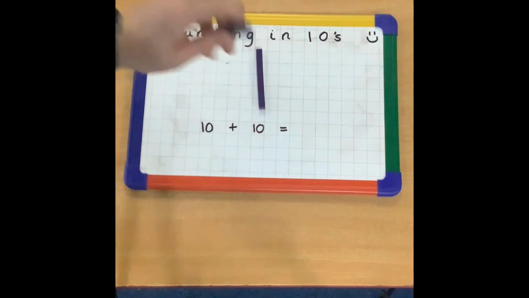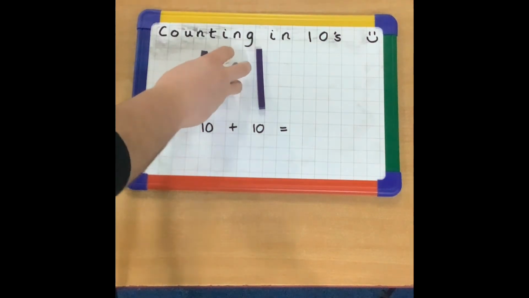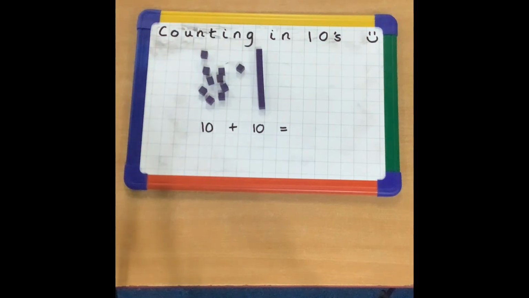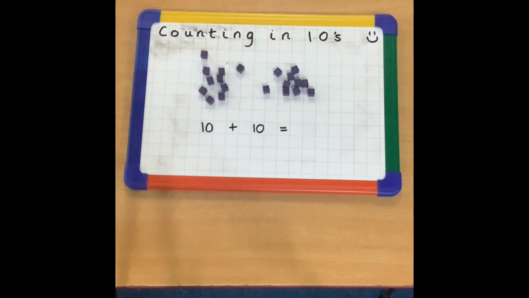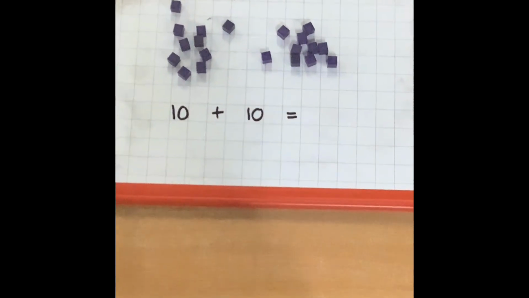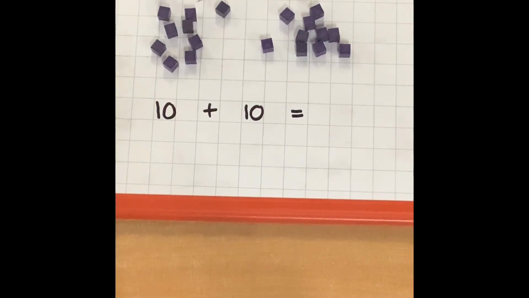So here we go. There's 10 there. We'll do another one. How many cubes have we got? Pause this video and carefully count. Zoom in for you so you can see them a bit clearer. Carefully count how many cubes you've got there, and that will give us the answer to 10 plus 10, or